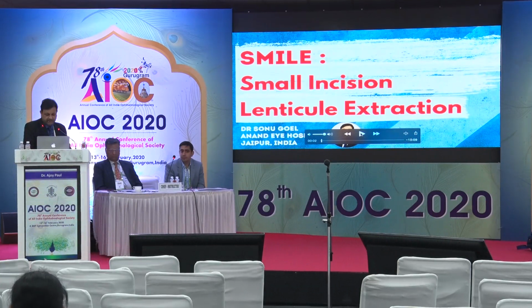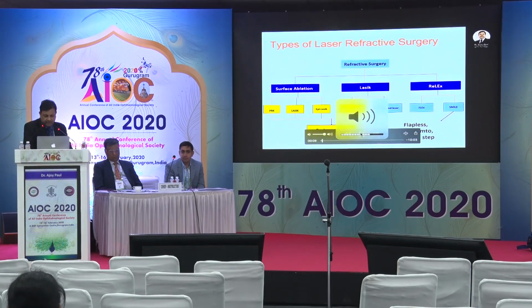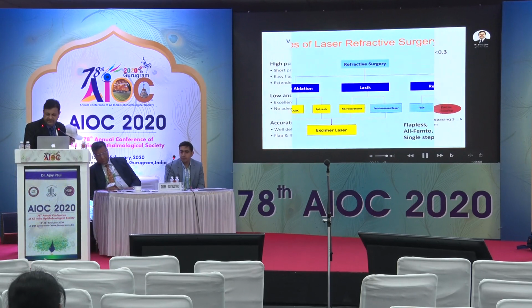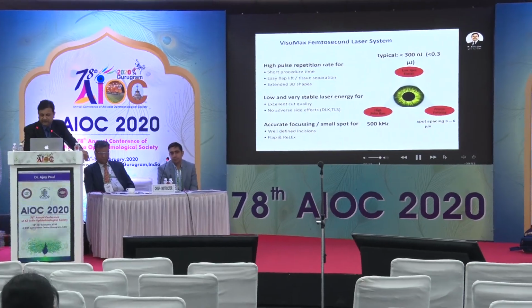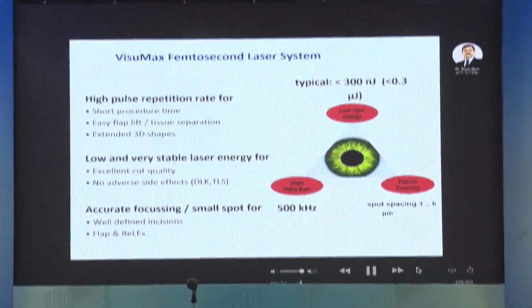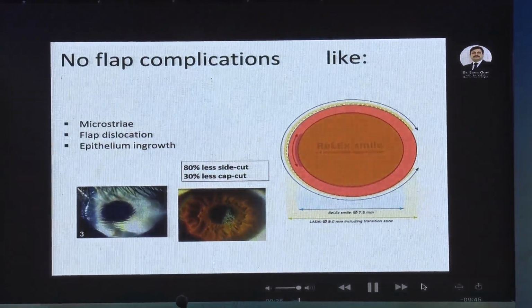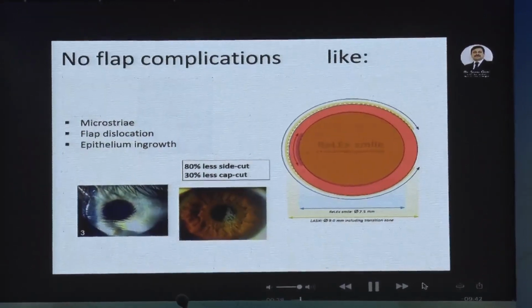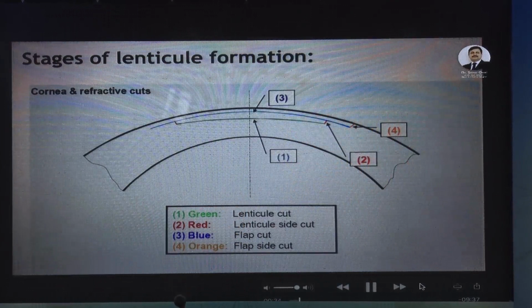I'll be talking on the small incision lenticule extraction, the SMILE surgeries. We all know that laser refractive surgery can basically be classified into surface ablation, LASIK, and SMILE. What we are essentially using in the VisuMax platform is 0.3 micron energy with a 500 kilohertz system. So there are no flap complications as you see in your LASIK procedure: the microstria, the flap dislocations, the epithelial ingrowth. Essentially it boils down to a lenticule cut with a side cut, unlike the flap cut and a flap side